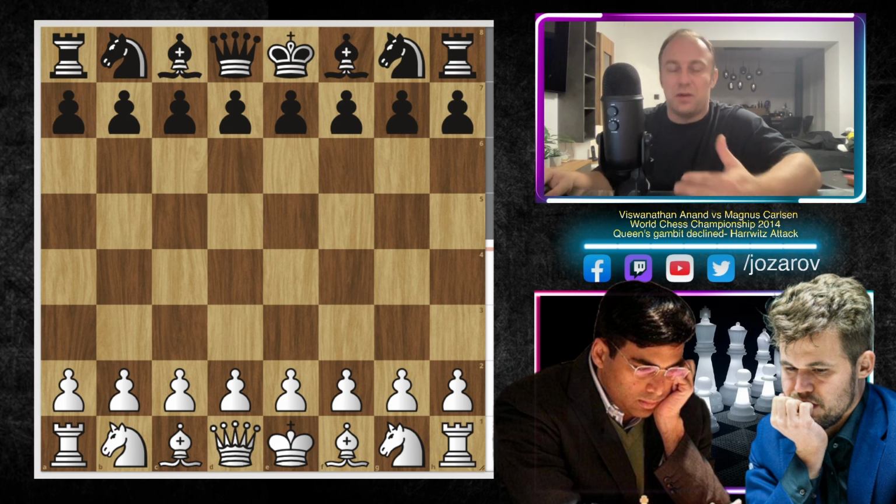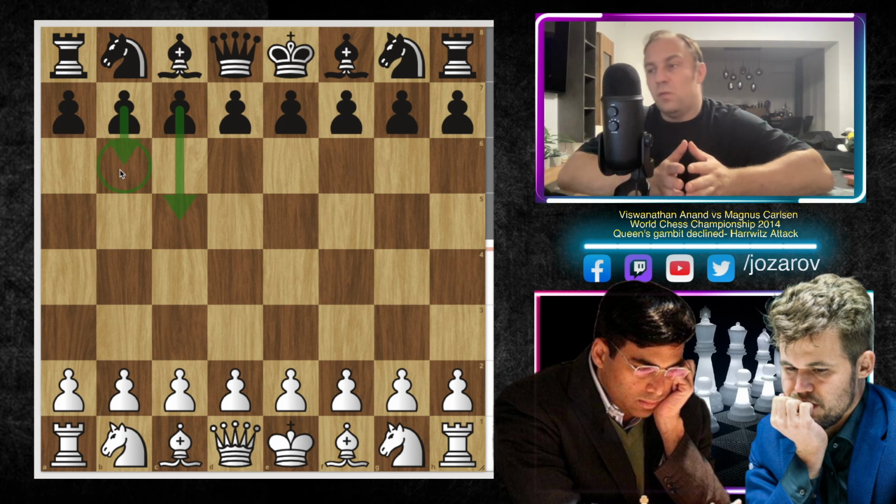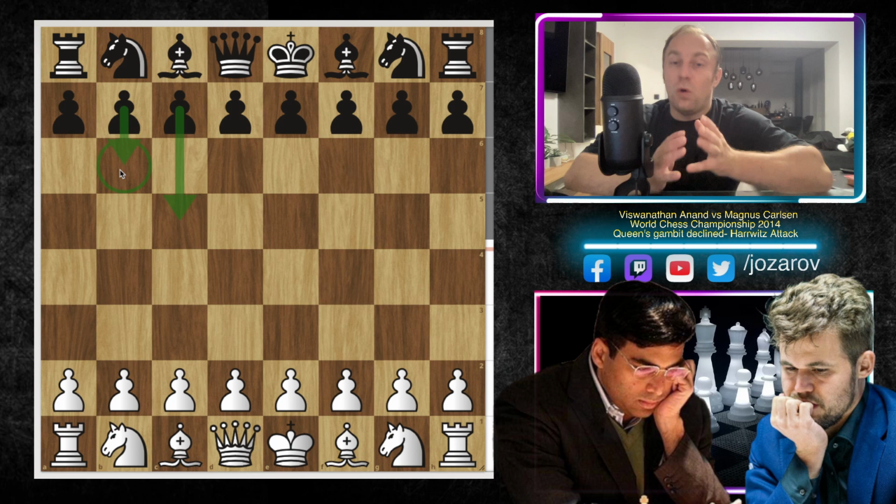So in order to get a better understanding of this particular video, please watch my previous analysis, because first we had this idea of Black's to counterplay with the move c5 against the Harrwitz Attack, and then we had also the continuation with the move b6, which was the so-called fianchetto defense against the Harrwitz Attack. So today we're analyzing different continuations for Black, which are in my opinion also good continuations.